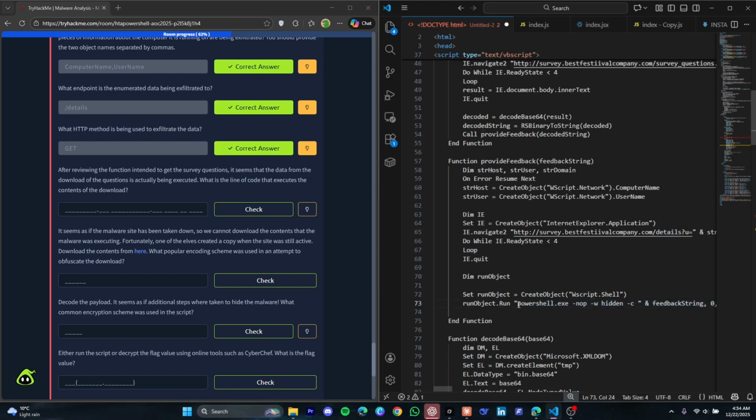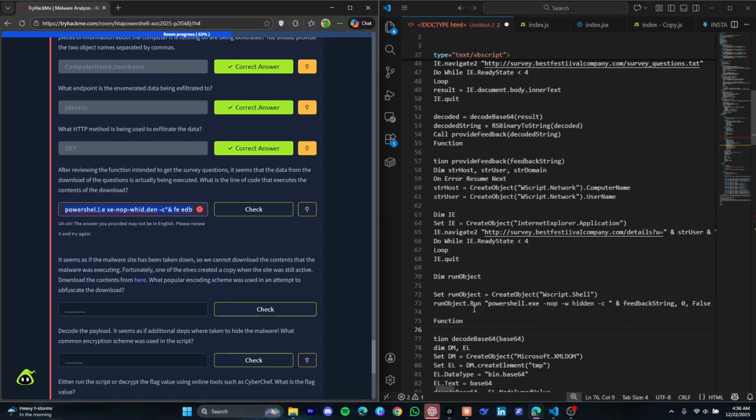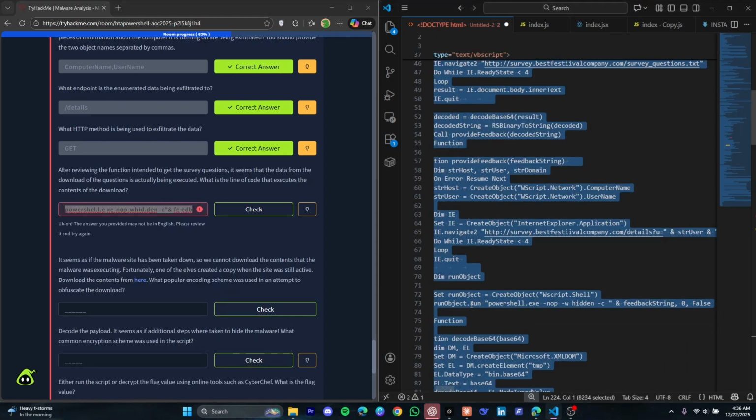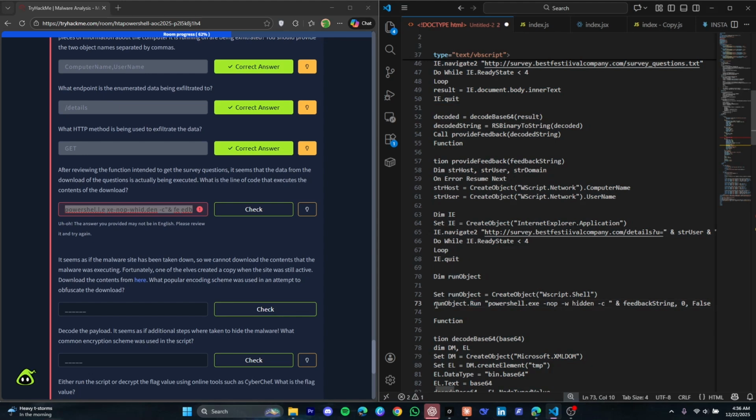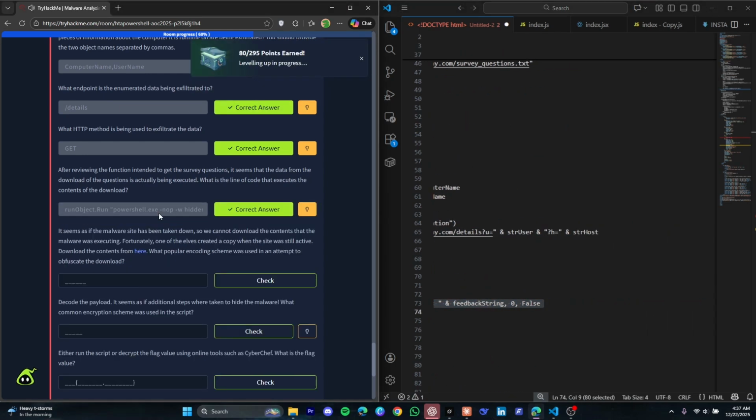Not sure about this one, but let's copy this and see if this is the correct one or not. Okay, we have to copy this full line. So, let's check it again. Yeah, this was okay. So we actually had to copy the full line, so after that it will just work,